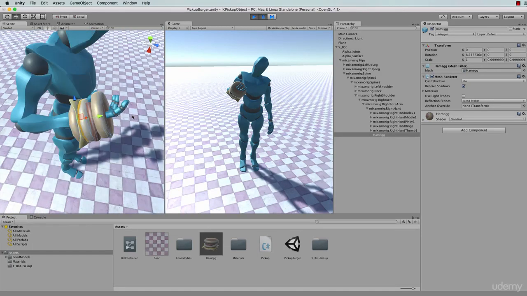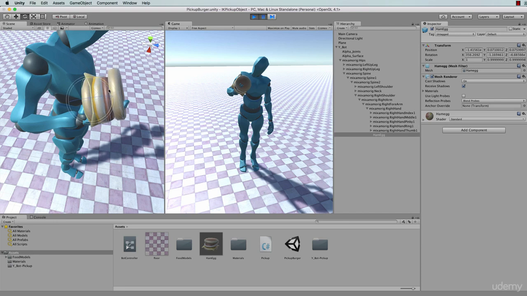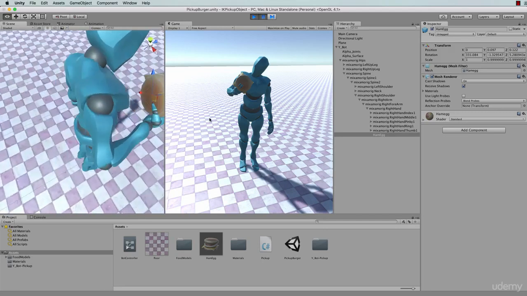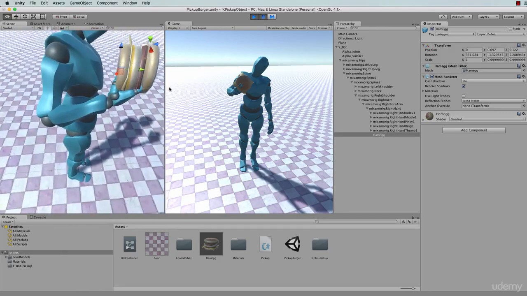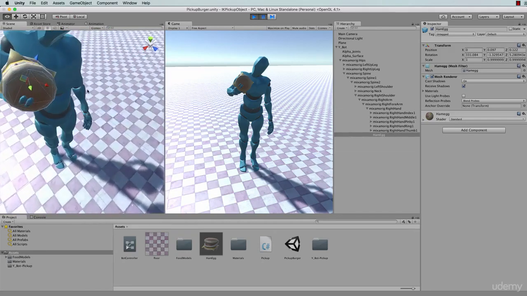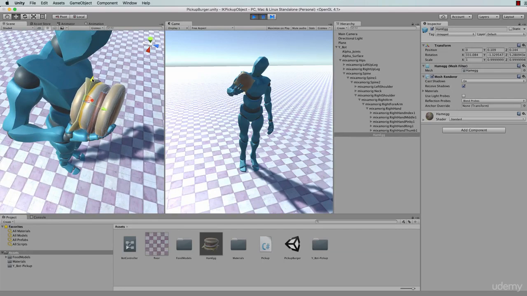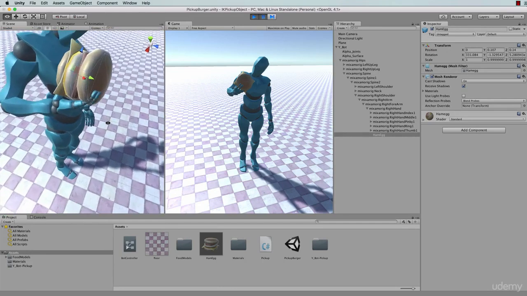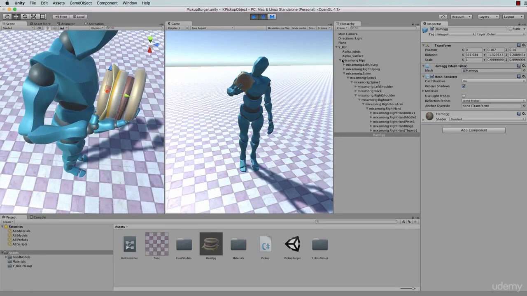So at this point is when we actually start to manipulate the location of this burger with respect to the hand while it's still joined, and take notice of the values we get in the transform. Right, so I'm going to move this burger around. Maybe rotate it a little bit. Move it. Looks like it might need a resize also, but you can do that right at the beginning. So that's a bit better. He's actually sort of holding it. Could just move it out a little bit so the fingers show through at the edge. That's not too bad. So at this point, we want to then note down the position and the scaling values